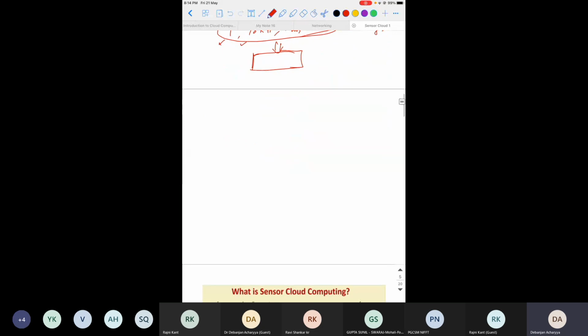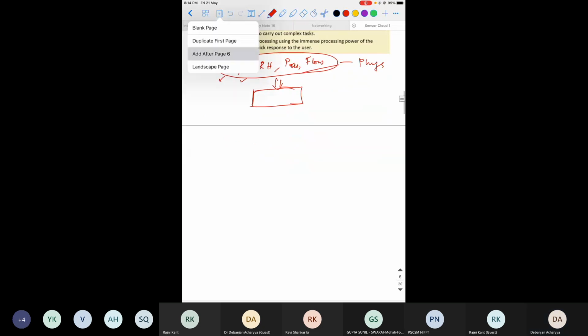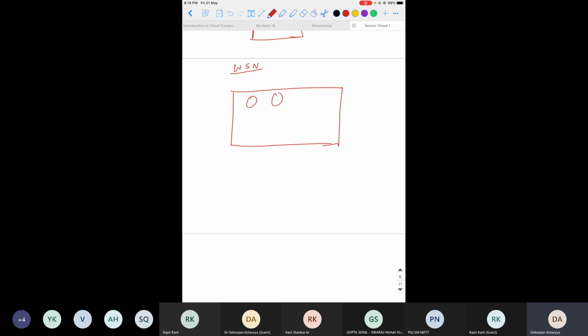If I try to explain it in very simple words, it will be something like this. In our WSN, that is wireless sensor networks, consider this is a boundary wall of an industry and you have different sensor nodes. Based on the battery life or any performance, some of the sensor nodes can be considered cluster head. These are sensor 1, sensor 2, sensor 3, sensor 4 and so on. All these sensors will communicate to this cluster head.